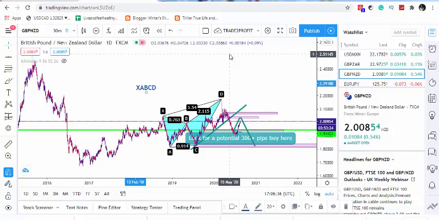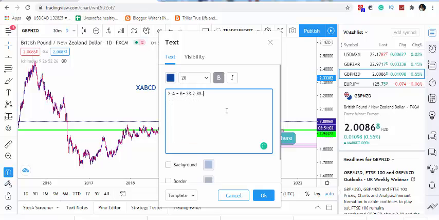I like to use the word coordinate. The coordinate has to follow that formula. So here's the general formula to trading the harmonic pattern. X to A equals B equals 38.2 to 88.6. Like I said, there is a formula to this, so you want to make sure that you get the formula right. A to B equals C equals